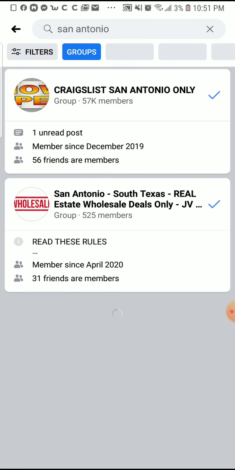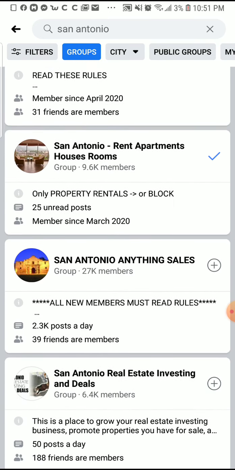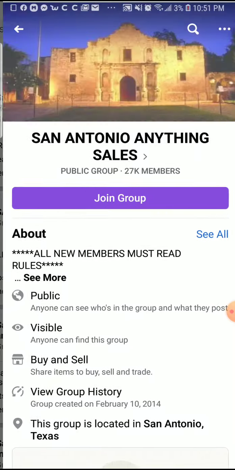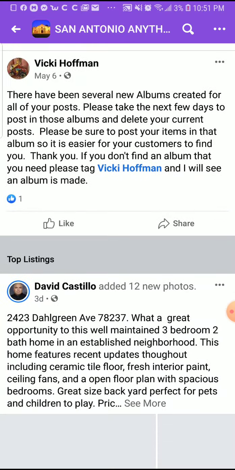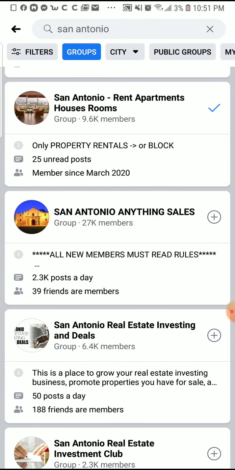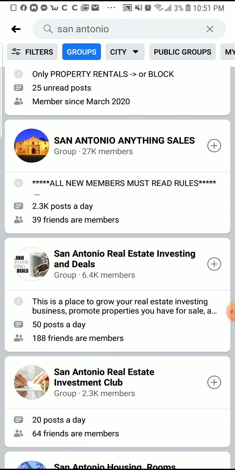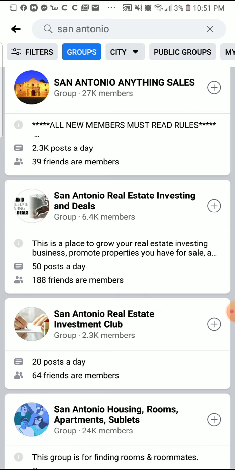Come to groups, and let's get a list of all these groups that we can get into, anything sales. In some future videos we're going to get into looking down here in these areas, like right here in San Antonio, Anything Sales group, 27,000 members, 2.3 thousand posts a day. This 2,000 posts per day is significant because that's a lot of ads being run through this group